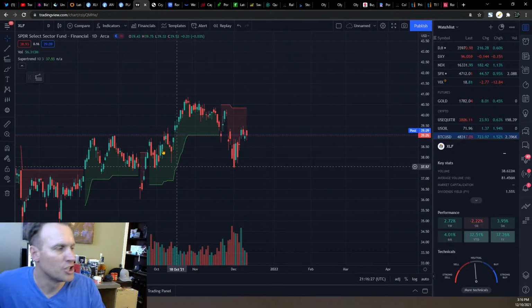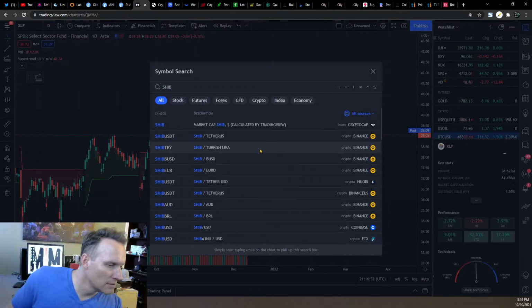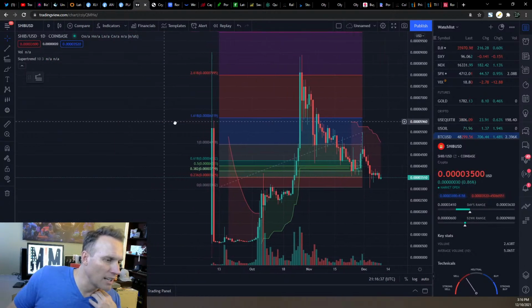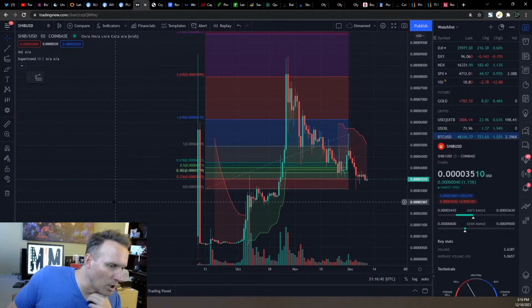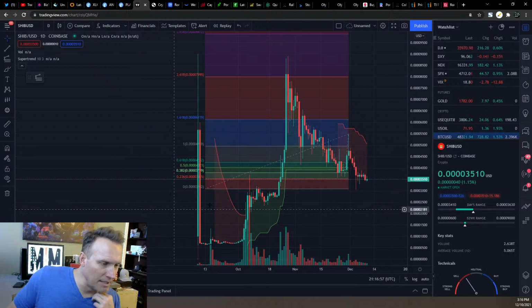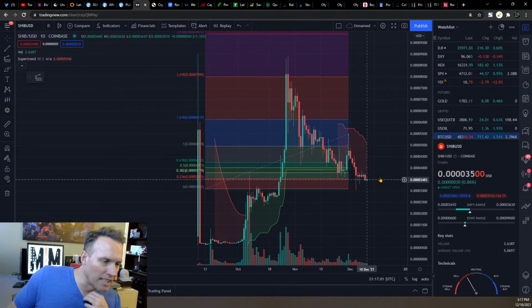That's my thoughts. Shiba Inu again. We'll do the SHIB one more time before I get off of here. Got it all set up for you. There is the chart on Shiba Inu. What do I do right here? So 4 zeros, 35. It's definitely going down. You've got to jump out. That fib extension at the 0 fib would be 4 zeros, 30. That's where I jump out, because there's a lot of support there though. Don't just jump out, but it's got a lot of